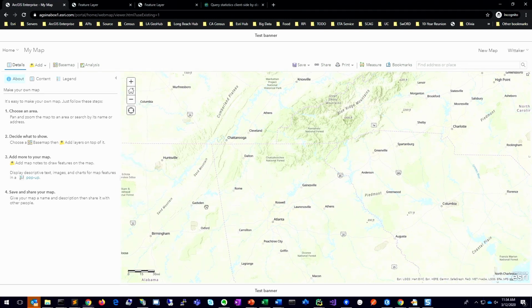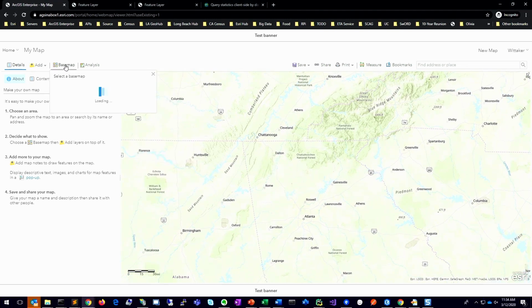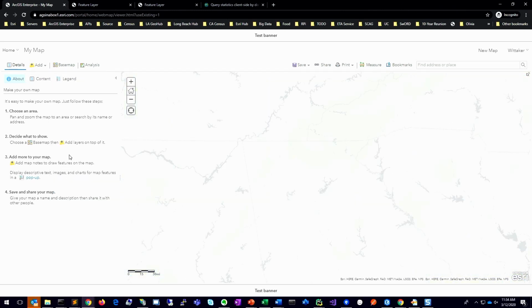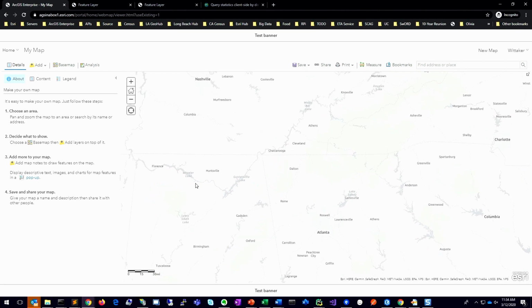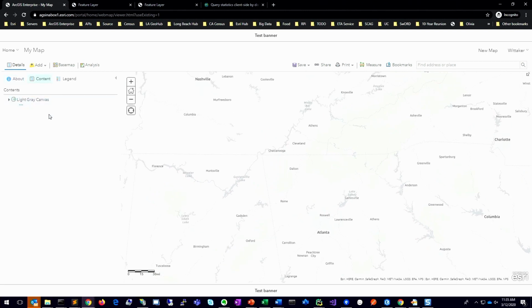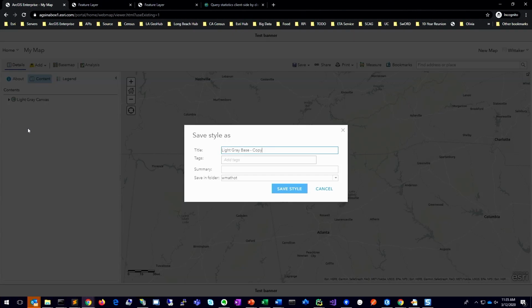So just to show that, let's switch over here to the light gray canvas base map. This is a vector tile base map, and it has a base layer and then a reference layer. And you'll notice when I'm looking at the base map, I now have this change style option, which allows me to actually change the style of the base map. And if I click this, it's going to